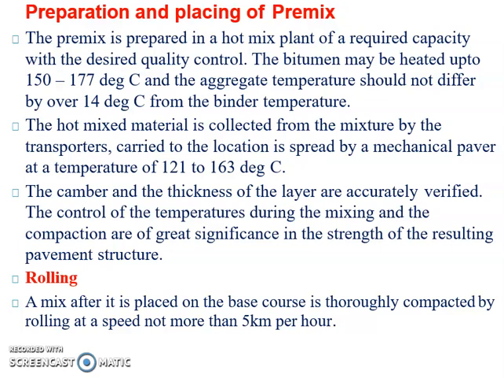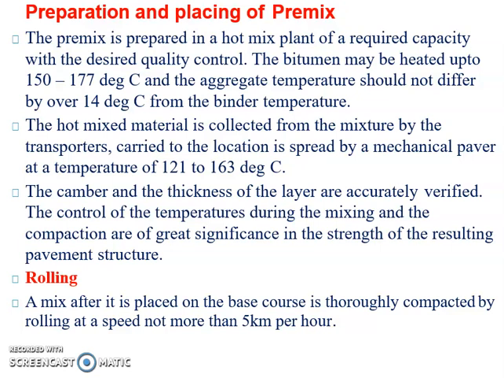The hot mixed material is collected from the mixer by the transporters, carried to the location, and spread by the mechanical paver at a temperature of 121 to 163 degrees centigrade. The camber and thickness of the layer are accurately verified. The control of the temperature during the mixing and the compaction is of great significance to the strength of the